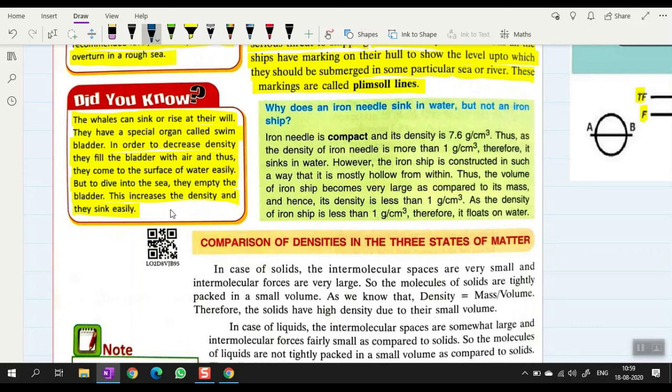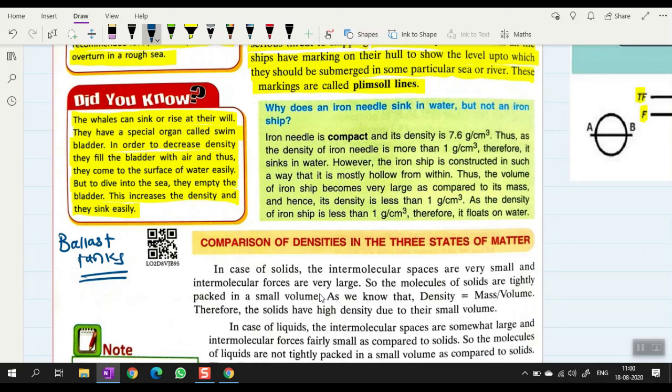Submarines, on the other hand, which are man-made things, have ballast tanks. Ballast tanks are special tanks attached to submarines. If a submarine wants to rise and come to the surface of water, it fills the ballast tanks with air. The tank is connected with a pump. All the water from that ballast tank is removed with the help of the pump, and air is filled in it. As you fill the air in it, its density decreases